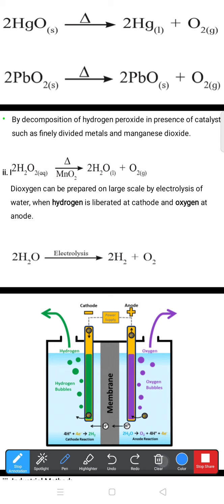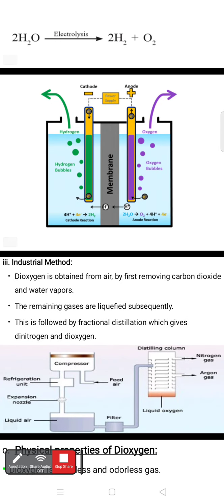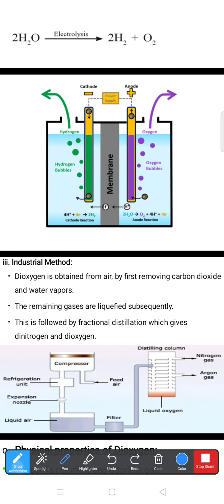You observe this diagram. In this diagram, we'll see one assembly which has two vents on the top side, and whenever two electrodes are dipped in it, there is a membrane. Here on the top side you see cathode negative, anode positive, and both can be joined with the help of a battery or power supply. Whenever electricity starts by joining the terminals, there is a particular liberation of the gases. During this, the water can be electrolyzed to give oxygen gas toward the anode as well as hydrogen gas toward the cathode.